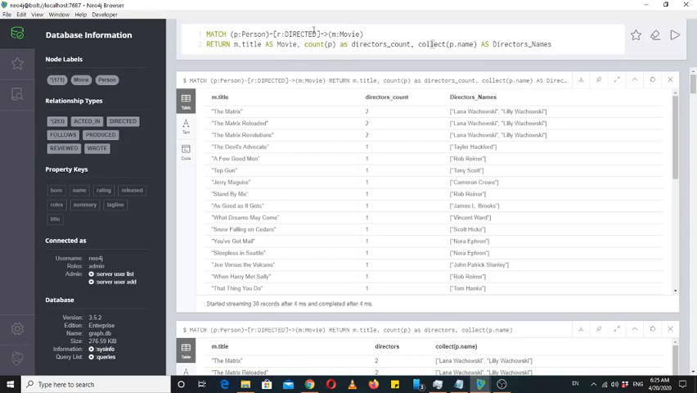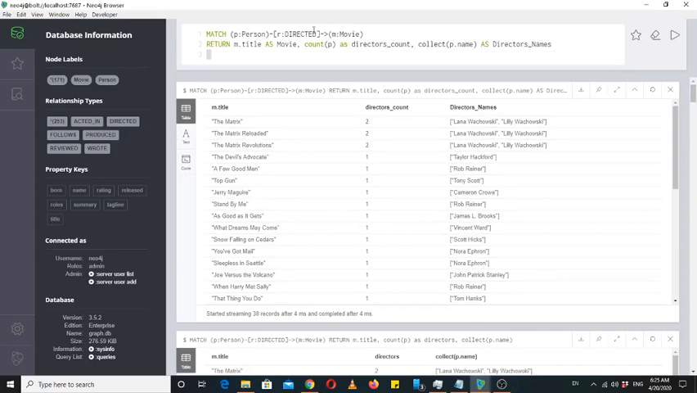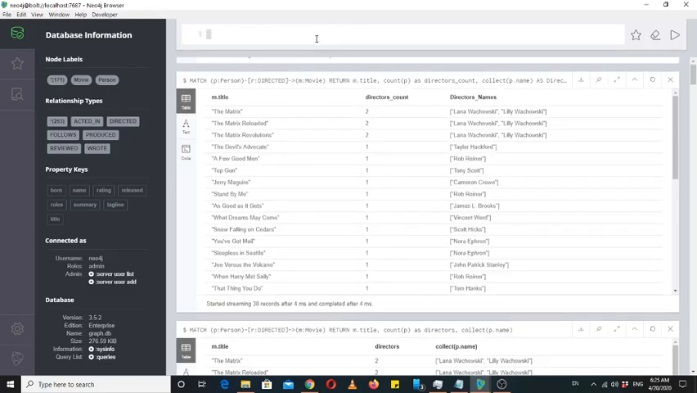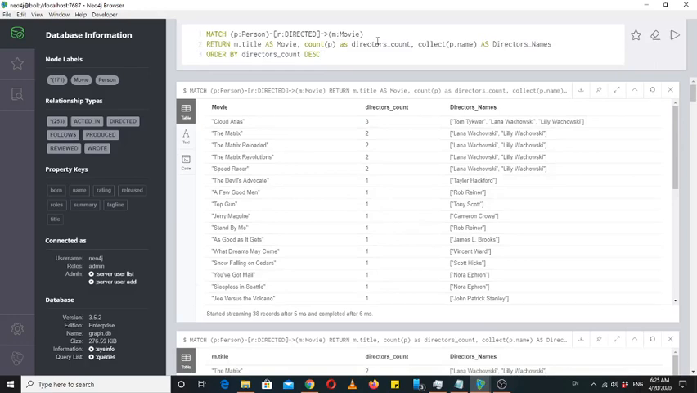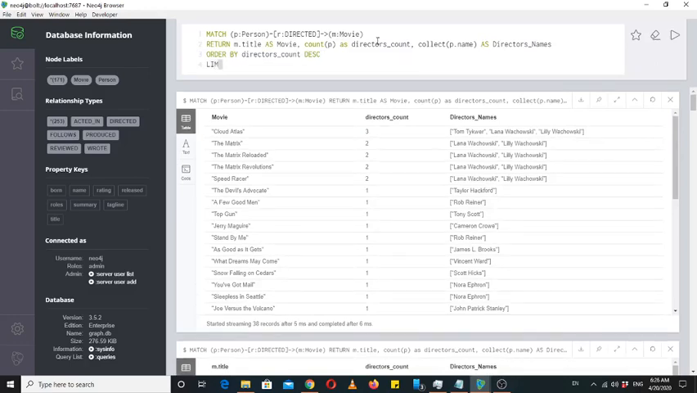Okay, what we need now, we want to order by directors count in descending order. So Cloud Atlas has come on the top, and now we can just filter it by applying the limit clause, limit 1. It will filter the results,